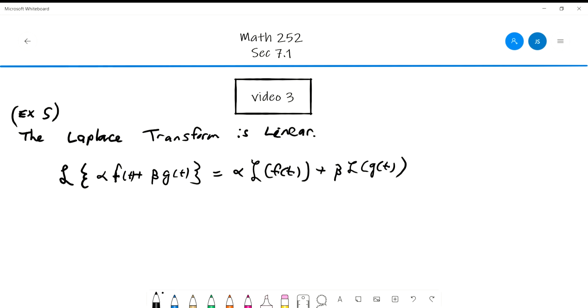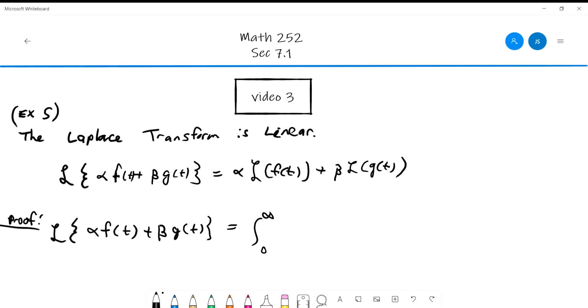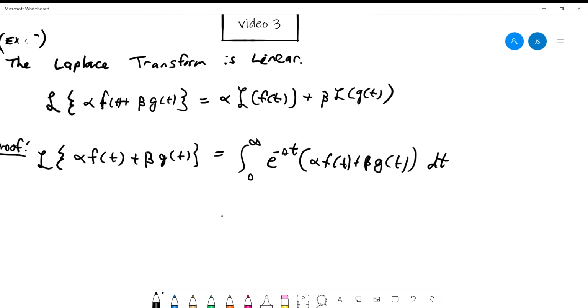By definition, the Laplace transform of alpha f plus beta g is equal to the integral from 0 to infinity e to the minus st times alpha f of t plus beta g of t dt, and then we can distribute the e to the minus st